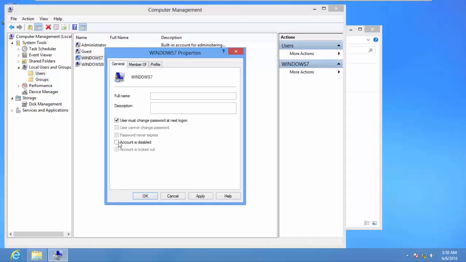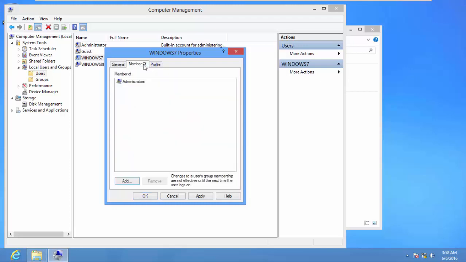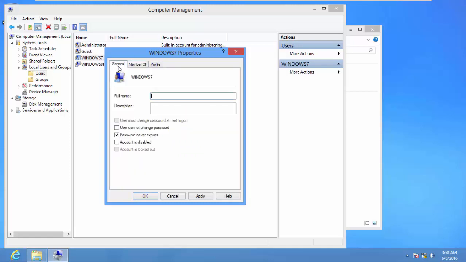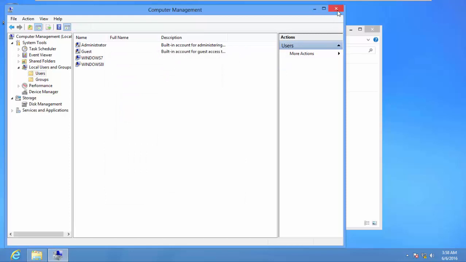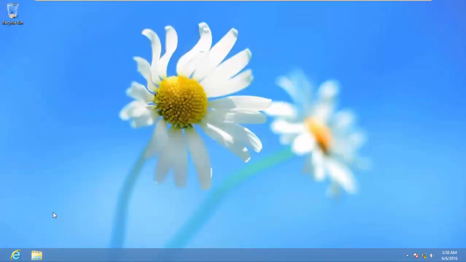So I'll right click on it and uncheck account is disabled. I will also uncheck this option over here, user must change password at next logon, so that we don't get any prompt for changing our password at next logon. We want to maintain our previous password, and I'll check this box over here, password never expires. And when you go to the members tab over here, it shows that this account is a member of the administrators group, just like how it was on our previous machine. So I'll apply by clicking on this button over here and go OK, and close this console, close this one,